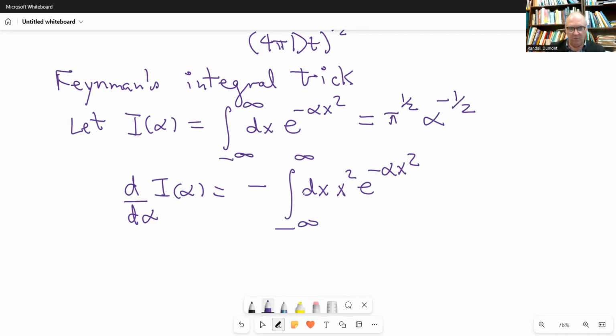And then this is going to be our desired integral in here. So our desired integral is now equal to